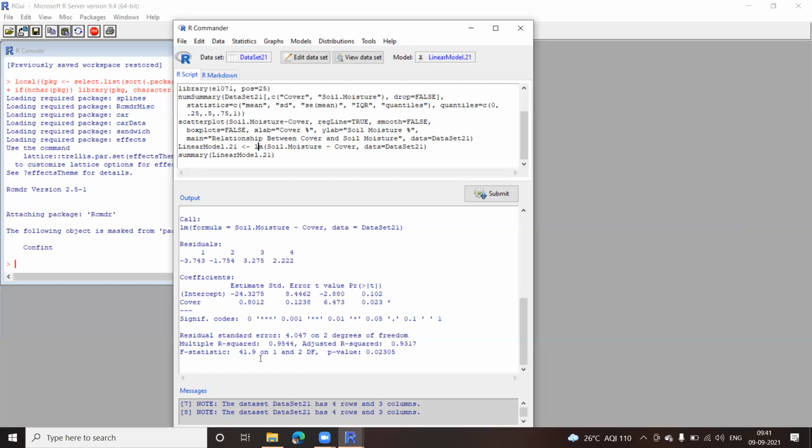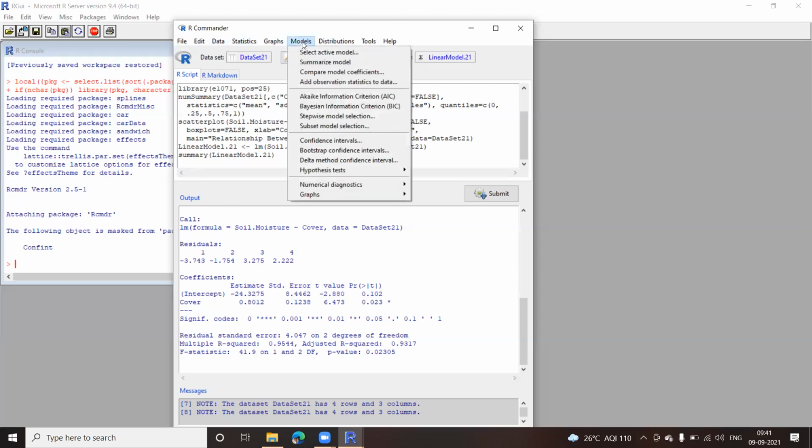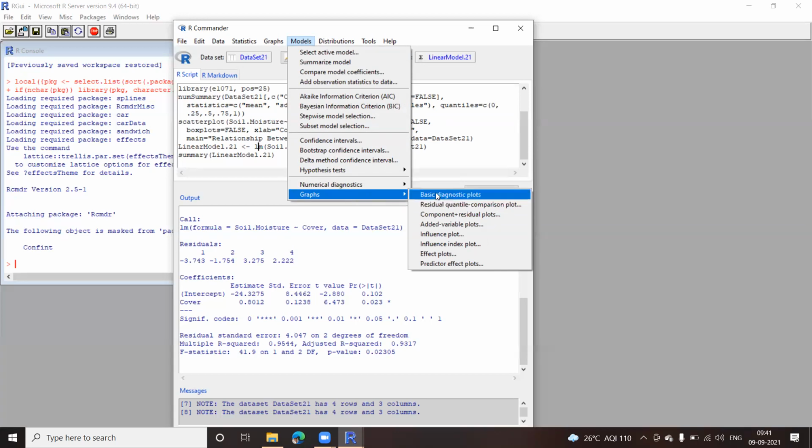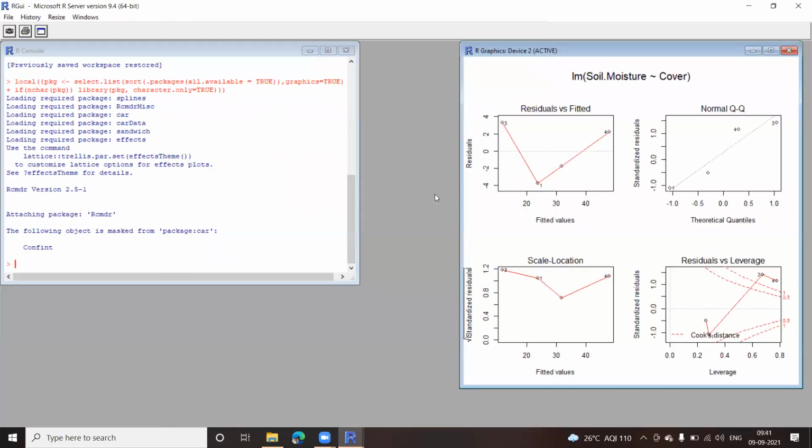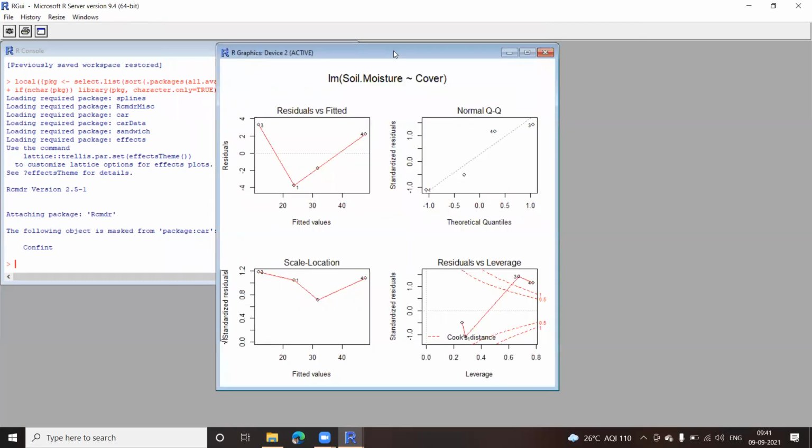Under the Models menu, we have the Graphs option, and here we have the Basic diagnostic plots option. I click on the first option, and I get different diagrams for the model that was created: residuals versus fitted, normal QQ, scale location. Let us try to understand what all this is.